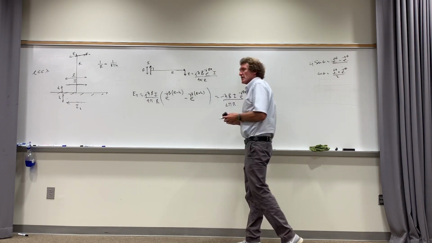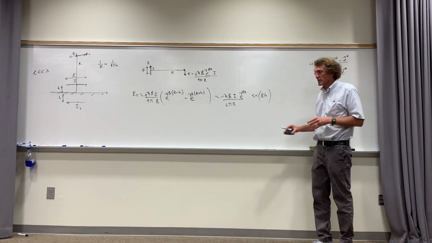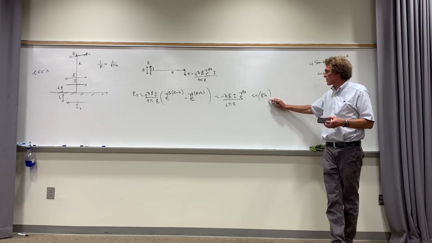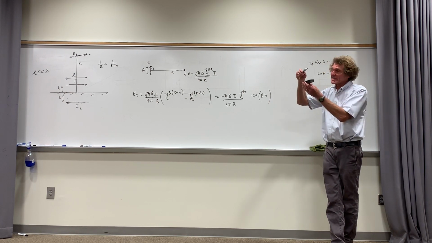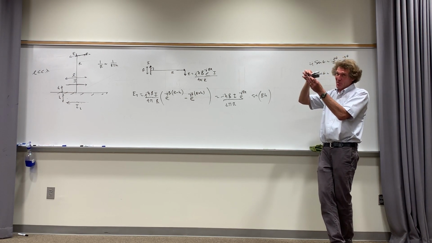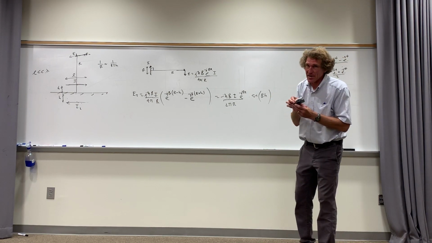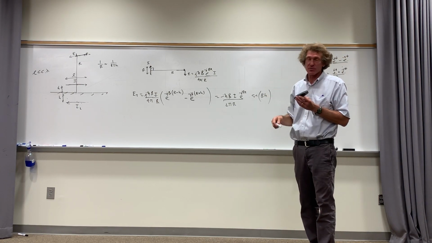And now that's it, right? Now take note of this. What happens as h goes to 0? Sine of 0. What is the sine of 0? 0. So as the distance above that ground plane gets real small, all of a sudden there ain't no fields radiated. That should make sense because the ground plane shorts it out.